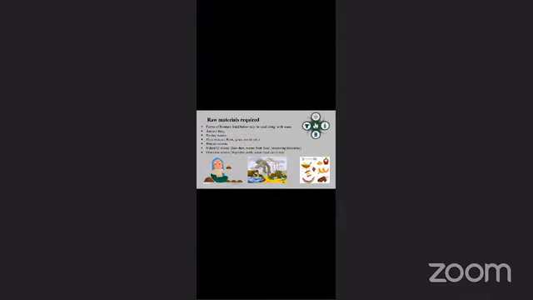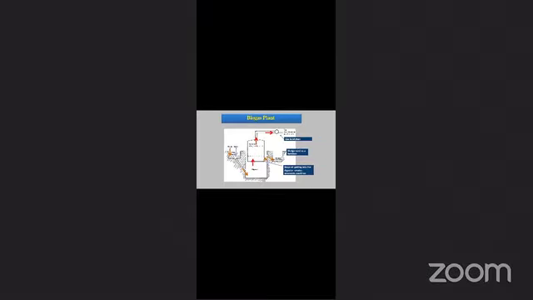Again, as I discussed before, these are the raw materials: animal dung, poultry waste, plant waste, human excreta, industrial waste, and domestic waste. So we can use all these to form biogas. This is a very basic diagram of a biogas plant. Here I can also mention the parts of the biogas plant. The first one is the slurry tank. This slurry is a mixture of cow dung and water. We put this mixture in the slurry tank.